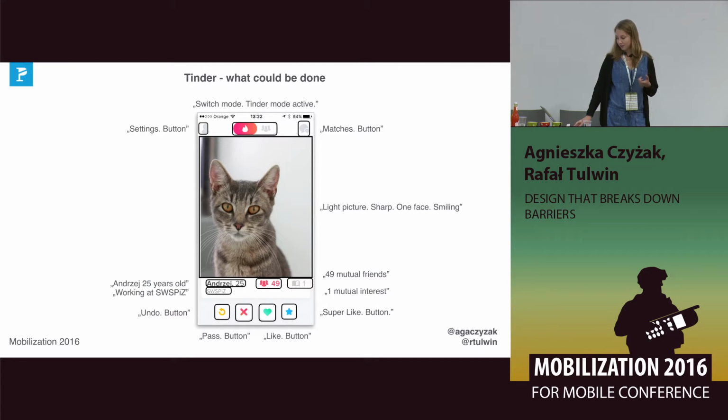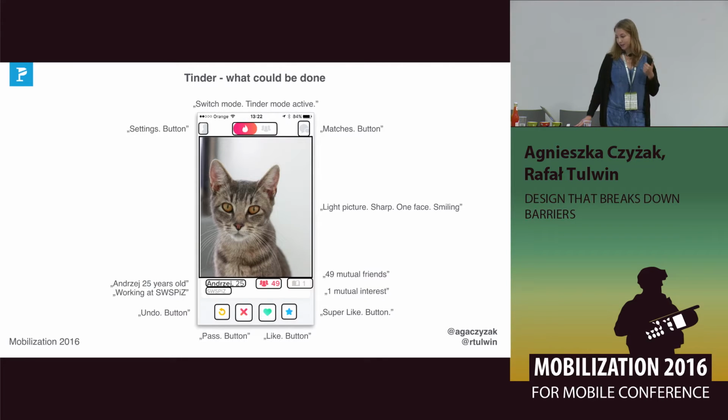But then we have some cool features that are actually not possible to use. Like gamey_super_button doesn't say anything about the super like and what it does. Also, they ignore the icons for mutual interests and mutual friends, so you just don't know how many of them you have. So what we propose, and what could be done actually, is, for the first thing, proper accessibility